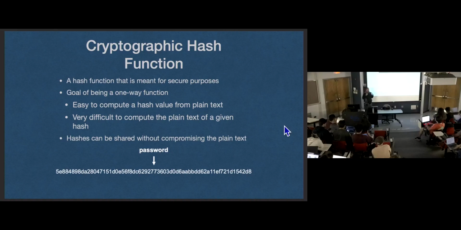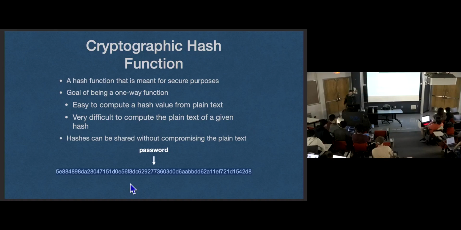So a cryptographic hash function is a hash function that's meant to be a one-way function. Not all hash functions are meant to be one-way. Some of them can be reversed. So a cryptographic hash function is going to take our plain text passwords, we're going to hash them, and get some randomish garbage out the other side, and then that's what we're going to store. We're going to salt them first by the end of this, but that's what we're going to store in the database. And since it's a one-way function, you can't, I'll say shouldn't be able to, take this and go back to this. You can't reverse a hash function. That's why it's a one-way function.